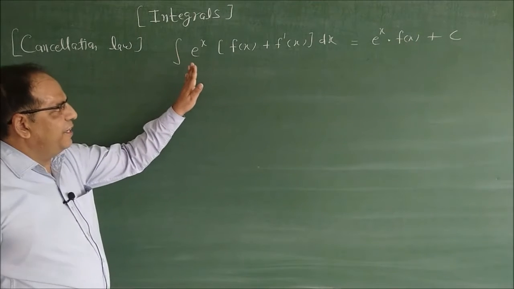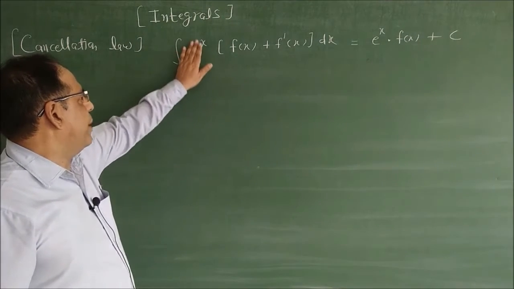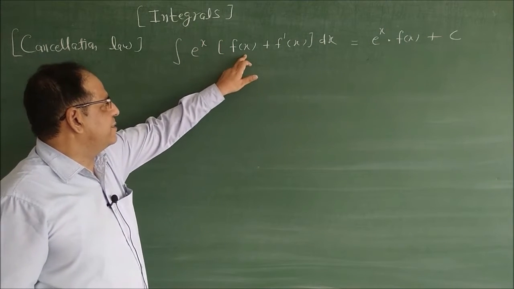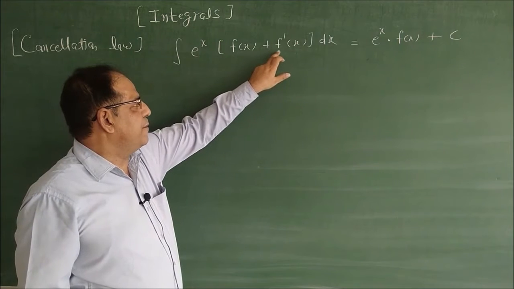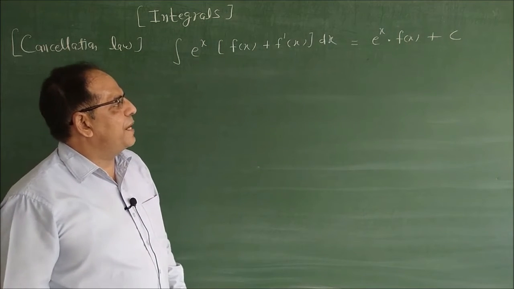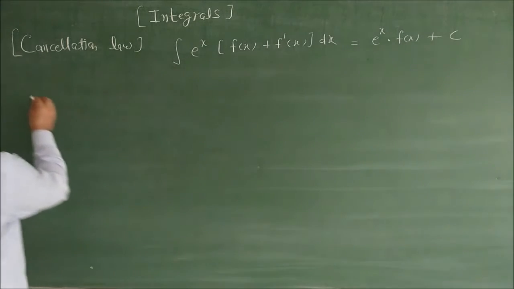If any integration is given in the form of e to the power x multiplied by a bracket containing a function plus the derivative of the function, then we can write it as e to the power x dot f(x) plus c. For example,